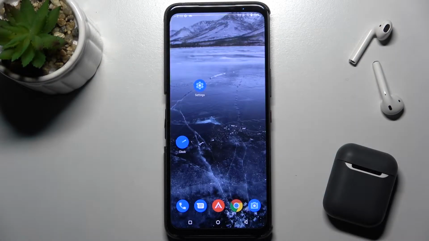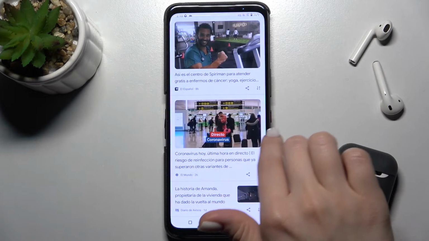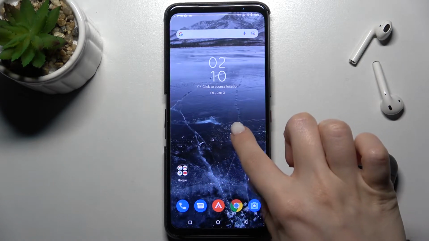Welcome to the info with me, ASUS ROG Phone 5S, and I'll show you how to enable or disable the Google Feeds on this device. So you have, in my case, the Google Feeds are activated, and I'll show you how you can turn it